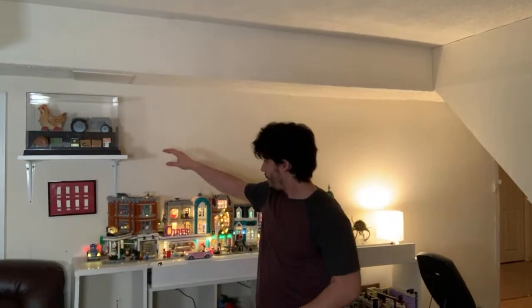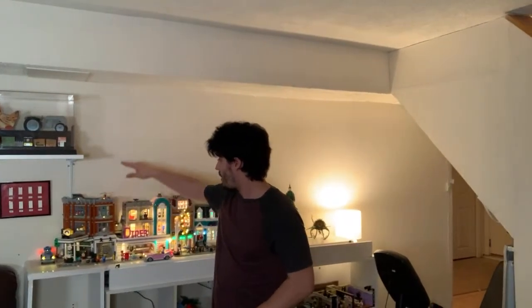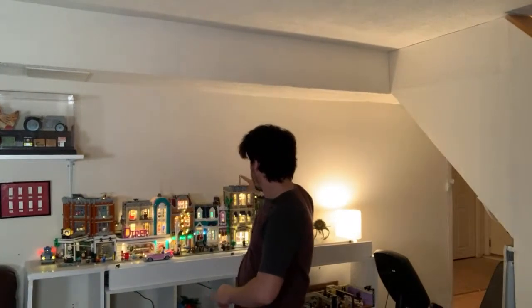the newer modulars. I have them over here. Should I move the camera a little bit closer to me so you guys can see a bit better? There. Let's try that. Okay, that's better. Yeah, that's a little bit better. Corner Garage, Downtown Diner, Bookshop, Police Station, and the Boutique Hotel are over here, as well as a